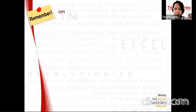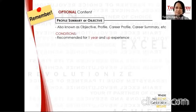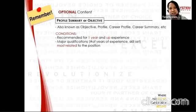Now, optional content. We say optional content because you can put it if you meet certain conditions, but even if you don't meet certain conditions, you still want to put it, then feel free to do so because it's your resume. So profile summary or objective, we see a lot of this in resumes. The objective at the top part after your header, you have your objective, you have your career profile, career summary. For me as a resume writer, I do not recommend it for students or new graduates because you have the cover letter. But if you don't have the cover letter, I wouldn't also recommend it because